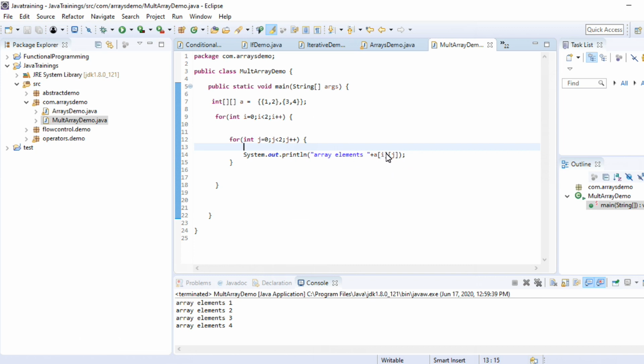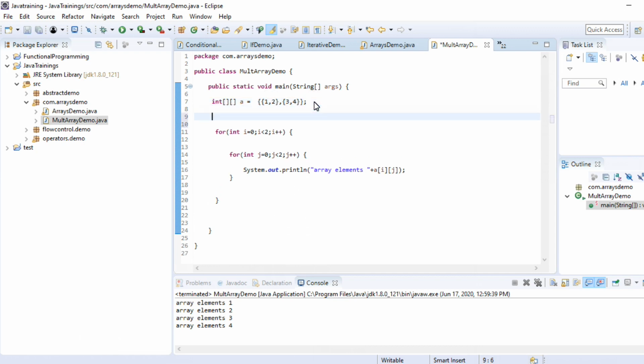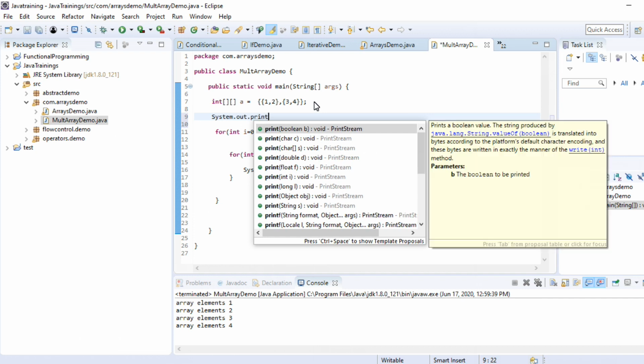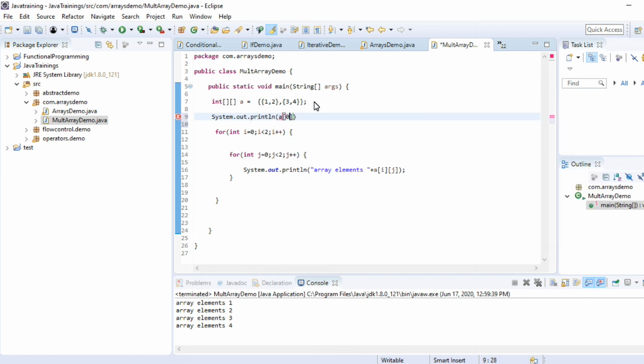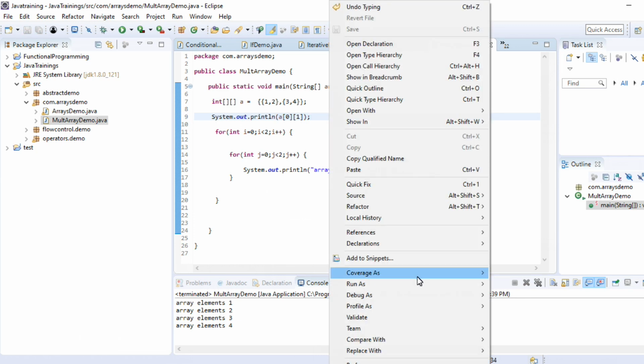a of 0 1 means 0 means this element, inside this 1 means this element. So if you try to print outside, just for confirmation, a of 0 and 1 means 1 comma 2, the value we need to print.